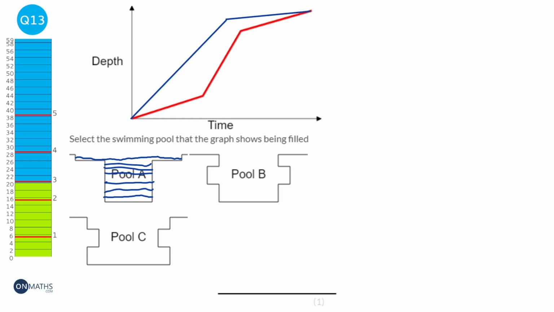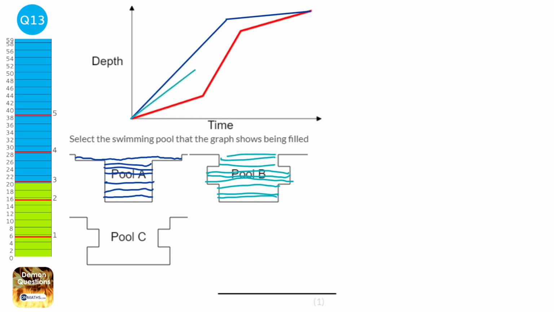And that doesn't really describe, the red graph doesn't really describe that at all. So for pool B, we start off actually quite quickly because it's quite thin, and then we have a wider bit here, so it will go slower here, and then we go quickly again. So we need a graph that starts off quite quickly, then goes slowly, and then goes quickly. And the steeper the graph on our depth time graph, the faster it's filling up, and that red line doesn't